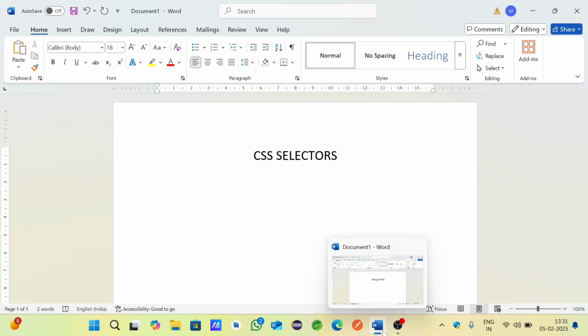So, coming to what are CSS selectors? CSS selectors are patterns that are used to select and style specific HTML elements. They allow us to apply styles to particular elements, groups, or even based on specific conditions. So coming to